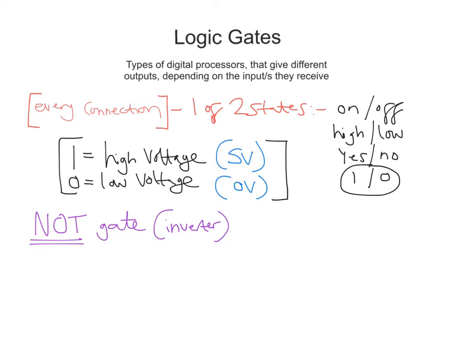So if we were to draw this, it would look like this in terms of a circuit symbol. So we'll put this in place. We've got the input here, the output here,